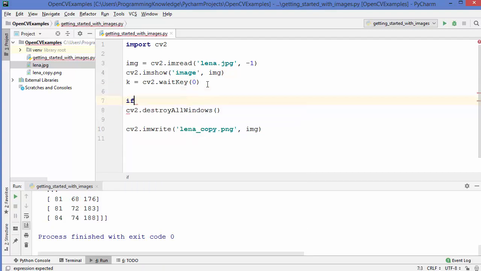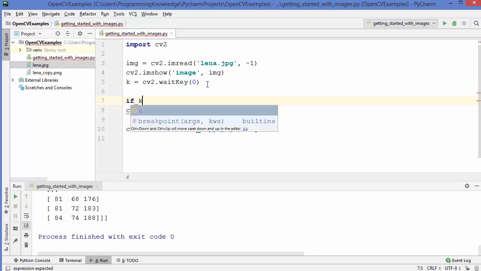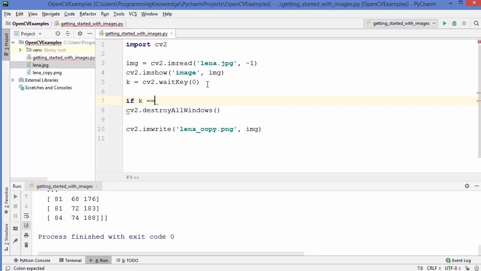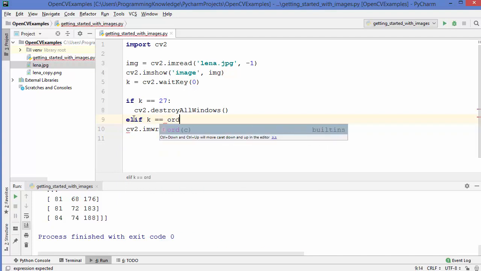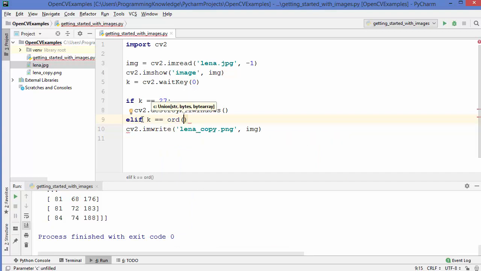So we are going to just use an if condition, and we are going to just check whether the value of k is equal to 27, which means that we have pressed the escape key, and if somebody has pressed the escape key, we are going to simply destroy all the windows. Otherwise, let's give the second condition, which is elif k is equal to ord, and this is a built-in function and it takes one argument, which is the key name which we want to press.